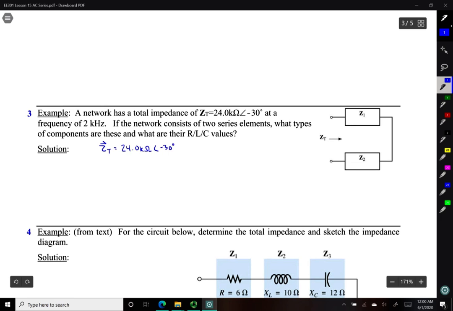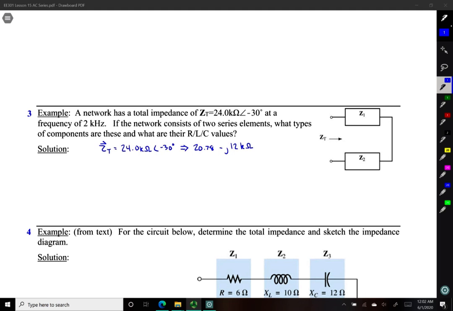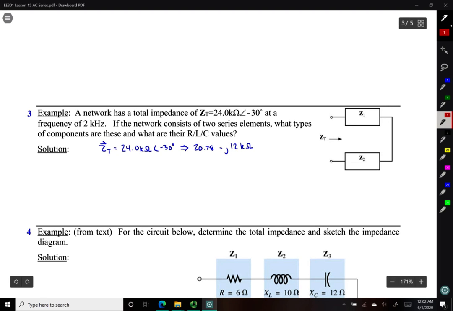But then, plugging it into our calculator, we will convert it into rectangular. So we get 20.78 minus j12 kilo ohms. Now that we have this total impedance in rectangular coordinates, we can deduce a lot of information from it. And right off the bat, by seeing this real term, we know that there is a resistive element within those